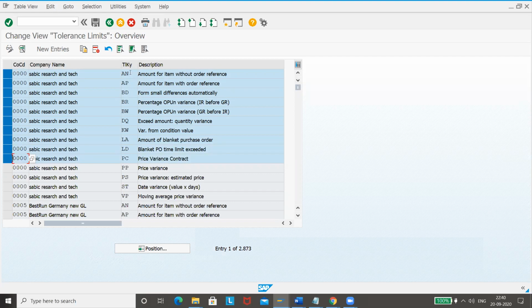For this company code, these limits are there. For us, we don't have some of them. We are maintaining them. Instead of taking this, let us take our RA/RH company code itself.